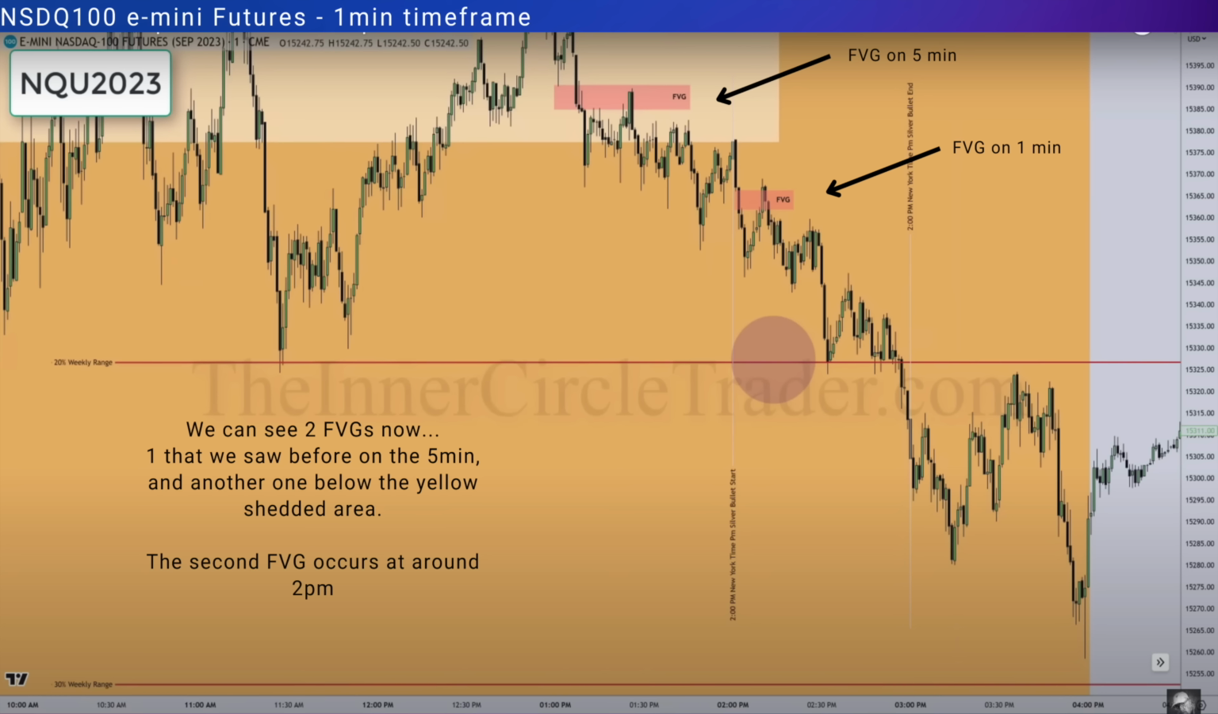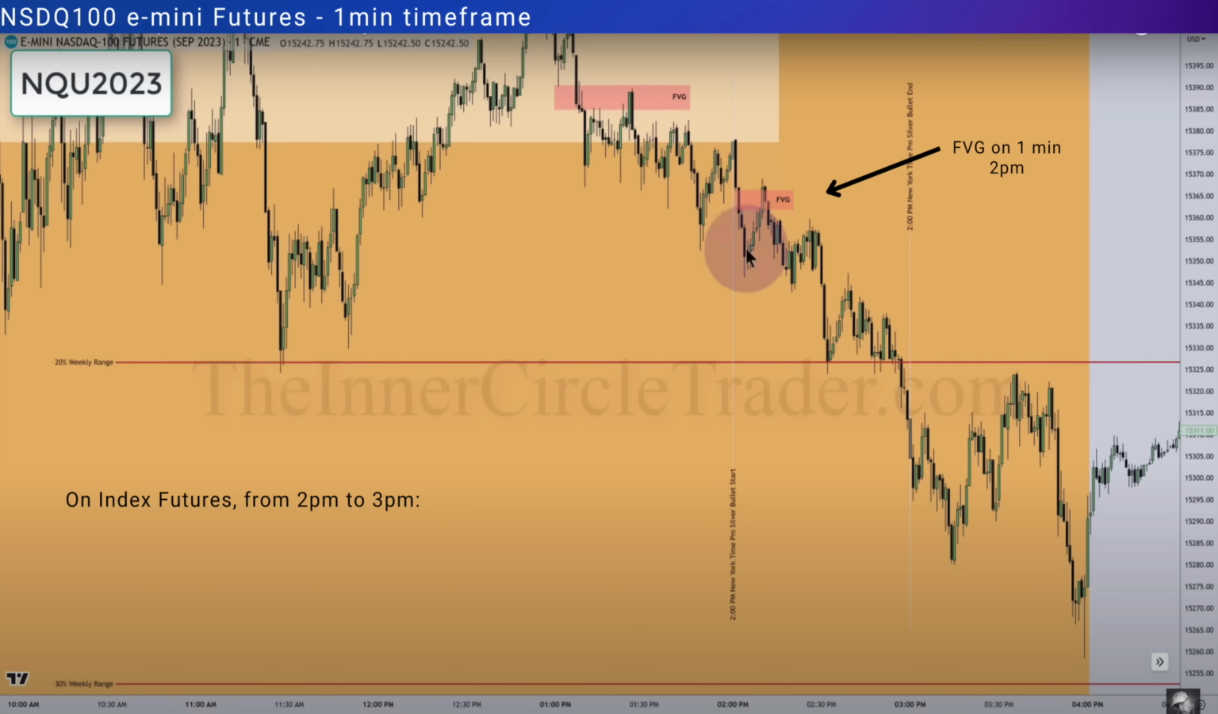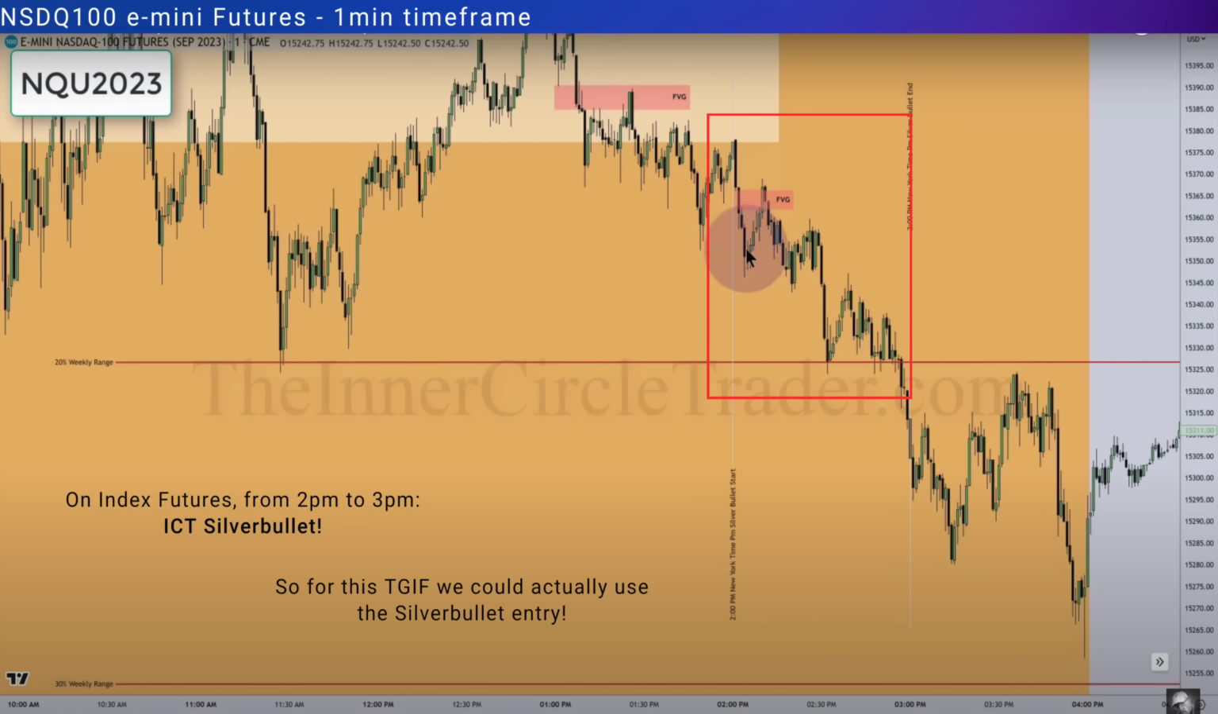The second fair value gap actually occurs around and after 2 p.m. New York local time. What we should remember is that on index futures, such as the Nasdaq, from 2 p.m. to 3 p.m., we can use the ICT silver bullet strategy. So for this Thank God It's Friday strategy, we can use the silver bullet entry. I highlighted here in red with a box the price movements that are interesting for us for the silver bullet